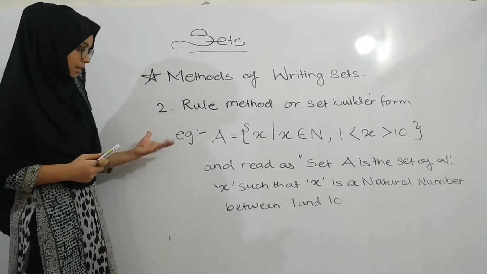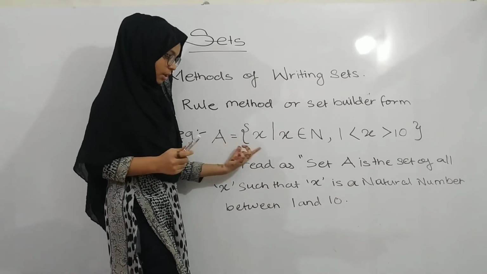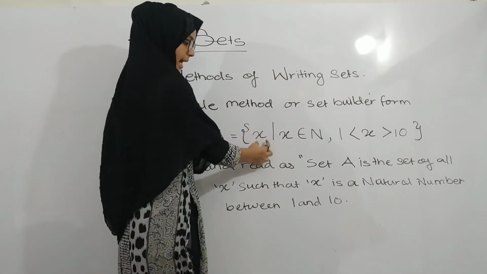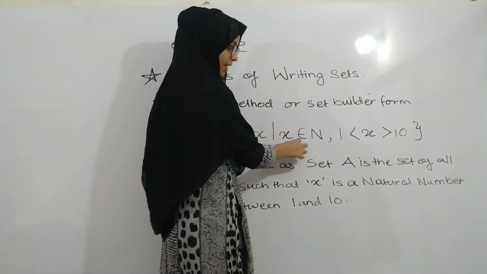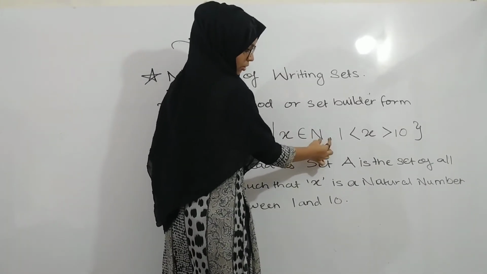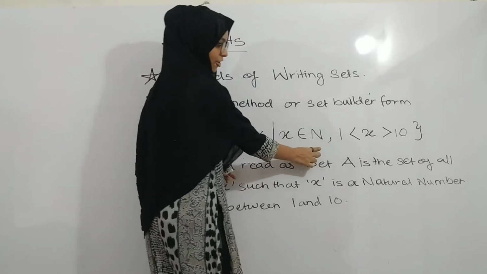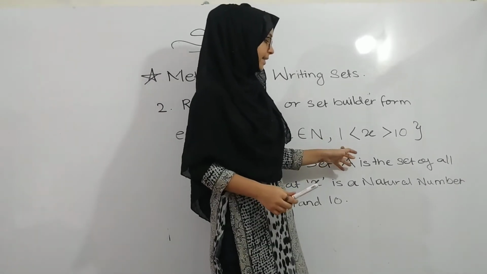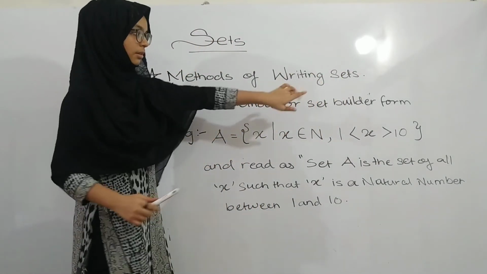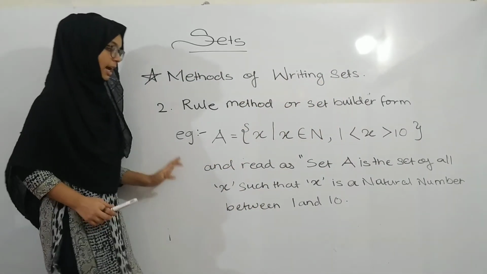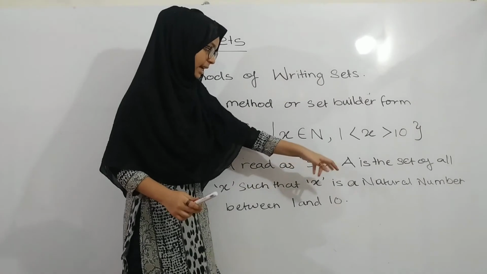For example, set A is equal to curly brackets x, and now we are defining what x is. x belongs to N, capital N, which is natural numbers, where x is greater than 1 but smaller than 10. Then the curly brackets close, and read as set A is the set of